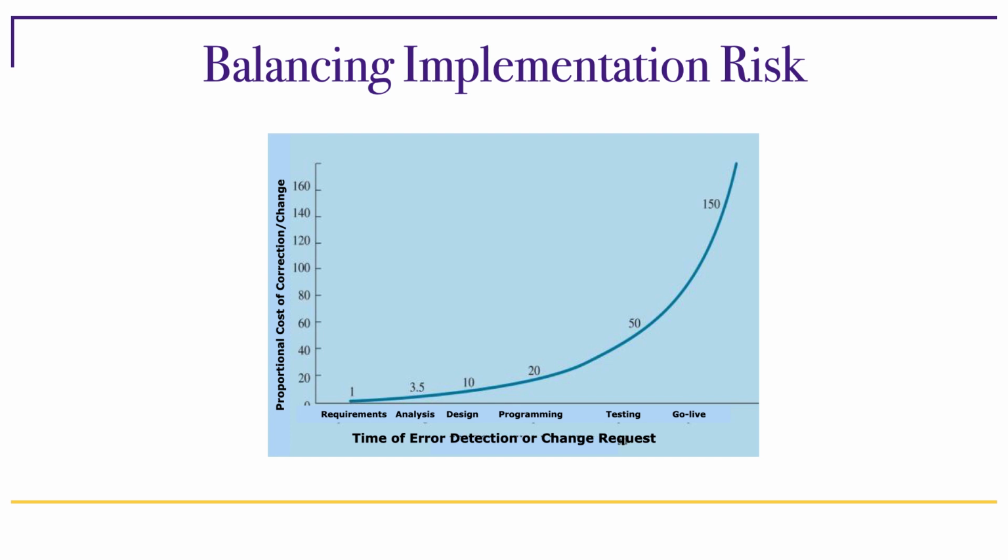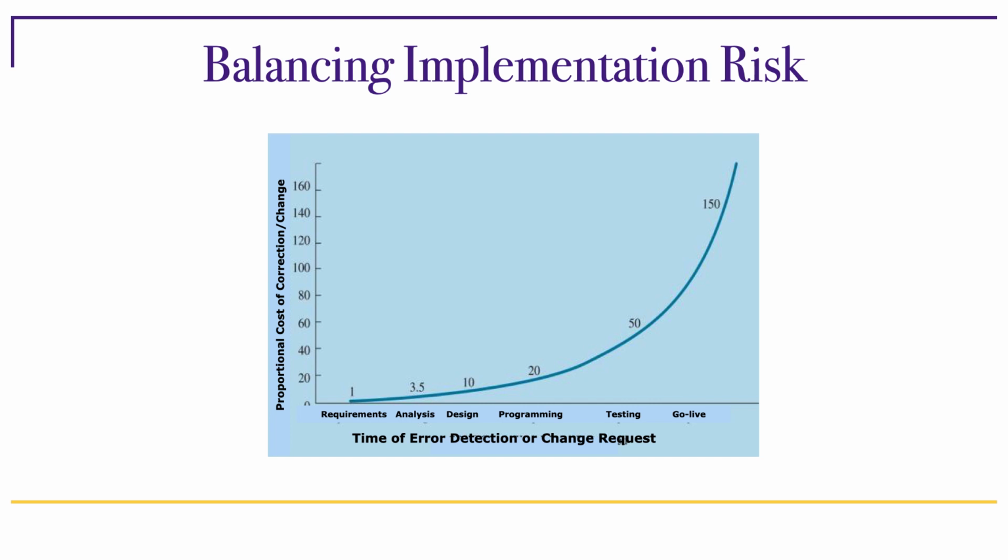So errors are requirements that were given to you correctly, but you implemented incorrectly, and so you have to detect those errors for the system to work appropriately. And change requests are requirements that change. So the requirement as originally stated is not complete or is incorrect. It needs to be revised. In either case, you will see that